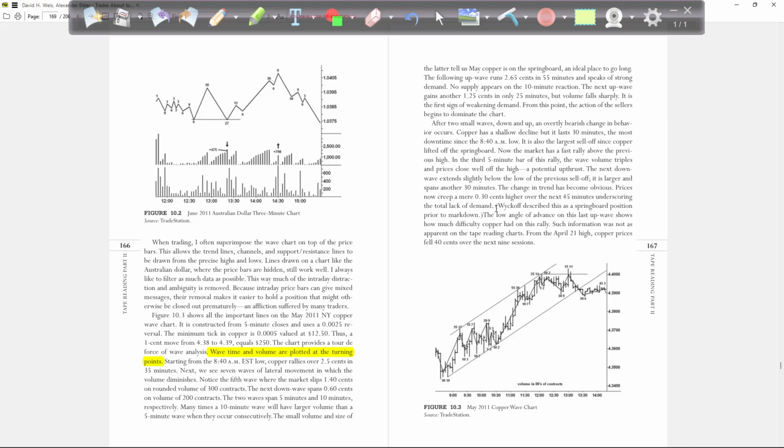Springboard meaning the slope is less than 45 degrees. When we draw trend lines, it is sloped at a 45-degree angle. And you can see